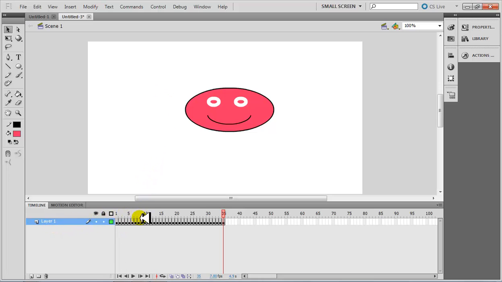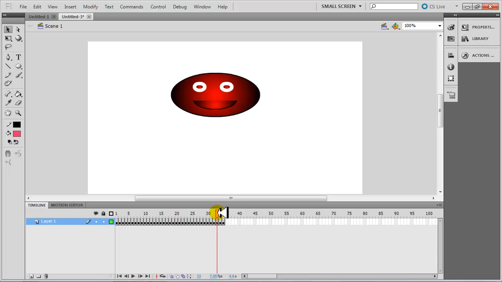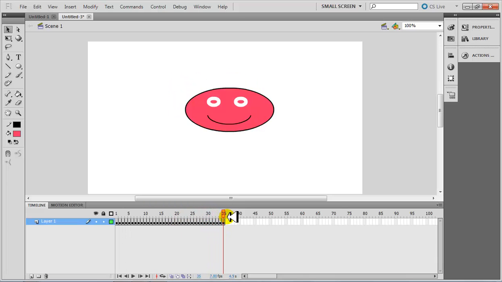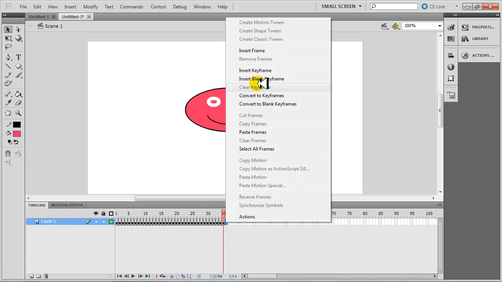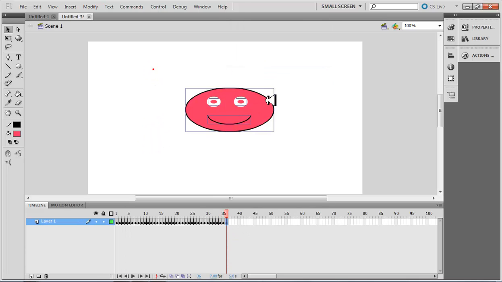But one layer should have one character animation at a time. So if you have, for example, 3 smileys, 3 different characters on one layer, and you want all of them to have different direction of animation, then you want to have different layers. So for example, I will now do what? I'll create a new keyframe, and here I'll make